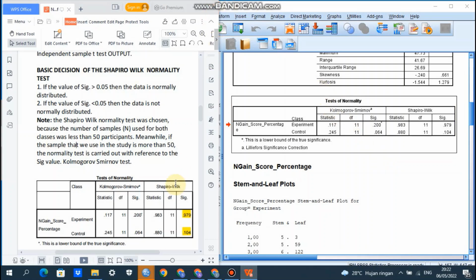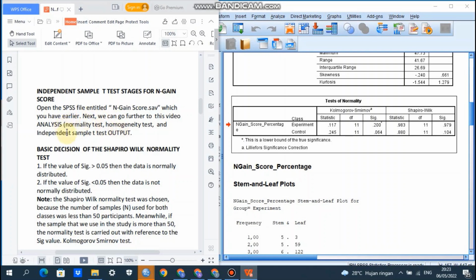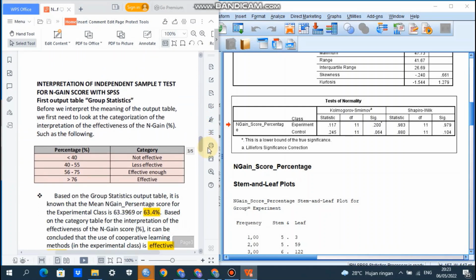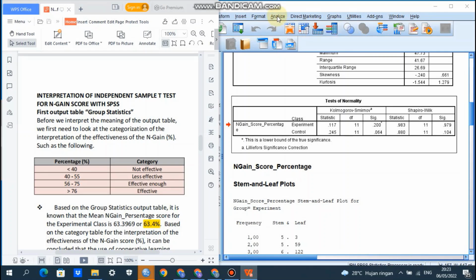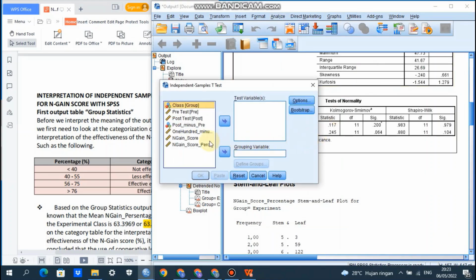The next we go to here. After normality test, we go to homogeneity test and independent sample t-test. Okay, let's do it. We go to analyze, then compare means, then independent samples t-test.